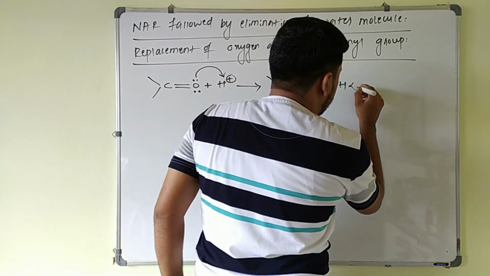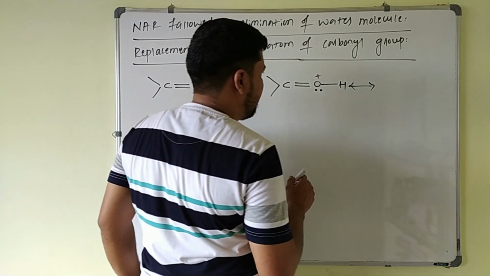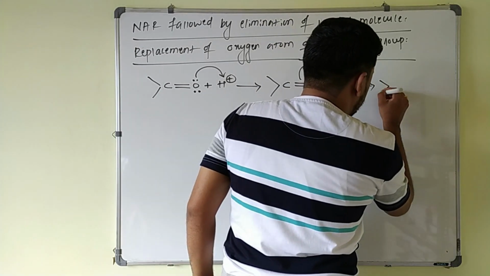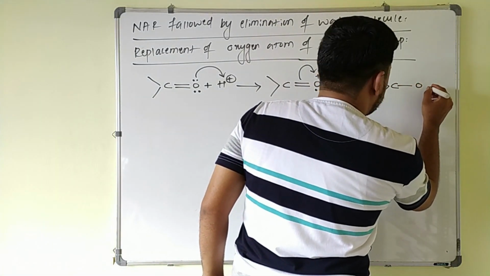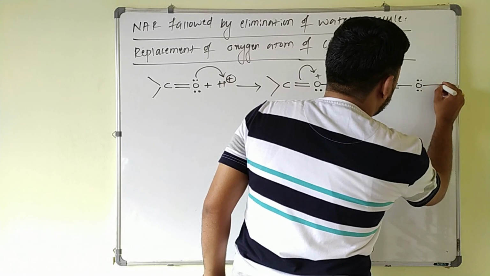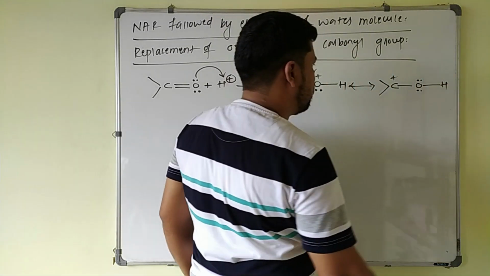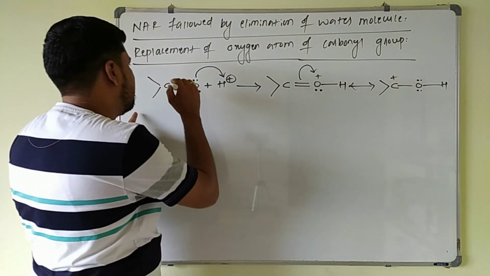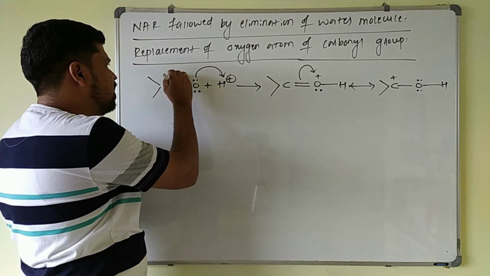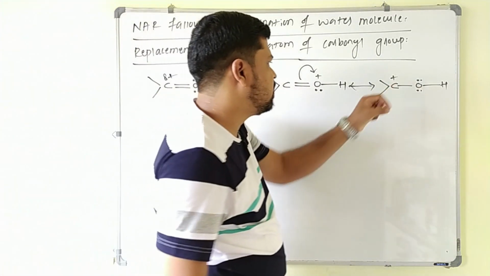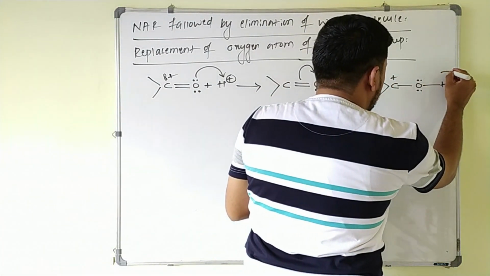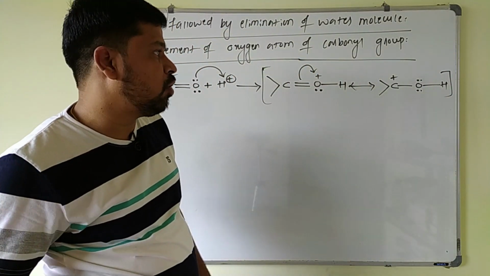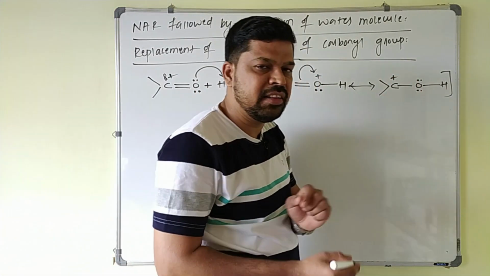These electrons are taken up by oxygen, so equivalently it can be written as, these electrons can be transferred to this one, so that carbon, oxygen single bond, two lone pairs of electrons, and this is hydrogen, and this will be carbon with positive charge. See here, carbon is having partial positive charge. In the weakly acidic medium, the positive charge density on the carbon is increased. Now a weak nucleophile attacks the protonated carbonyl group. Protonated carbonyl group can be written like this also.